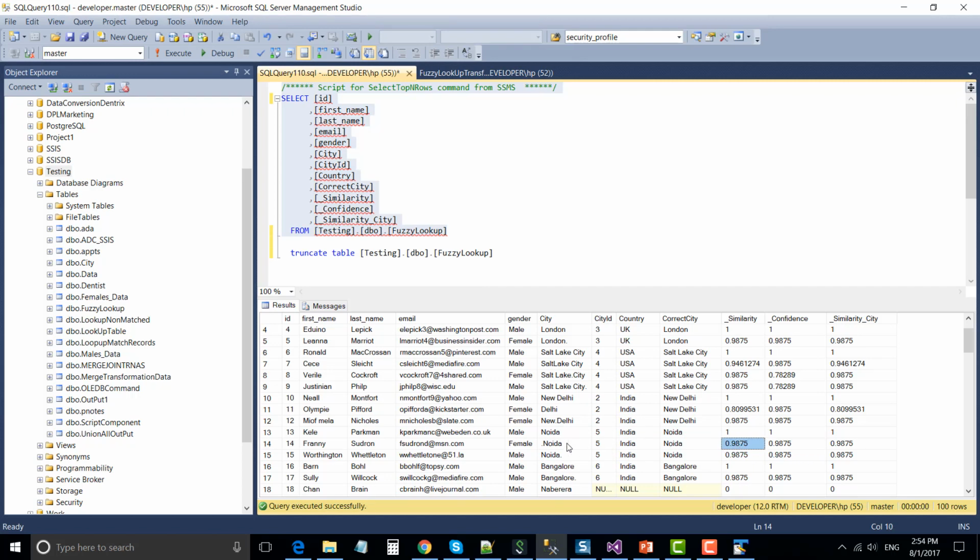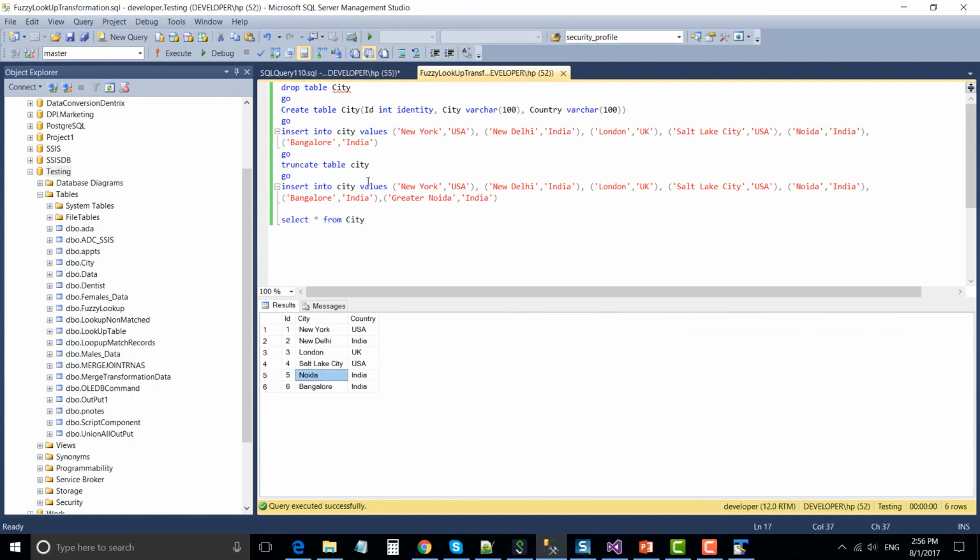The similarity is actually how much the input data is similar to the reference data set. So if in the reference data set you insert similar records related to Noida, maybe South Noida, Greater Noida, something else, then the confidence score should be low because it can find more than one record. So that's why the quality of records can go down. For example, for "Noida.", the similarity is 0.9875, and the confidence is the same, 0.9875.